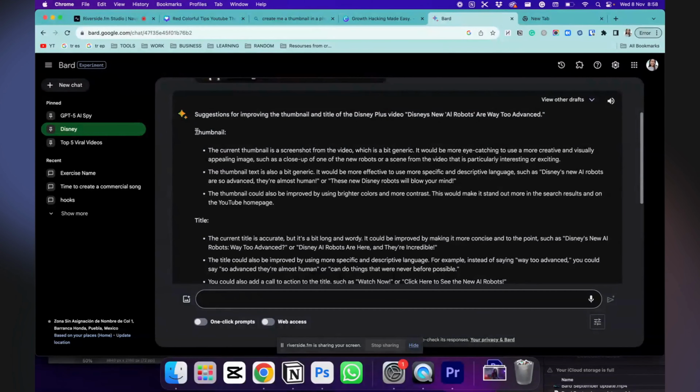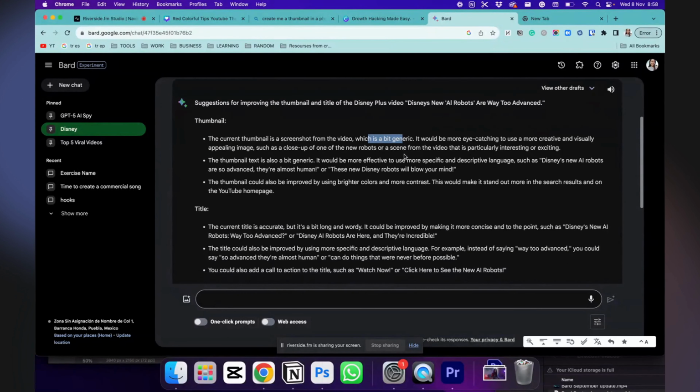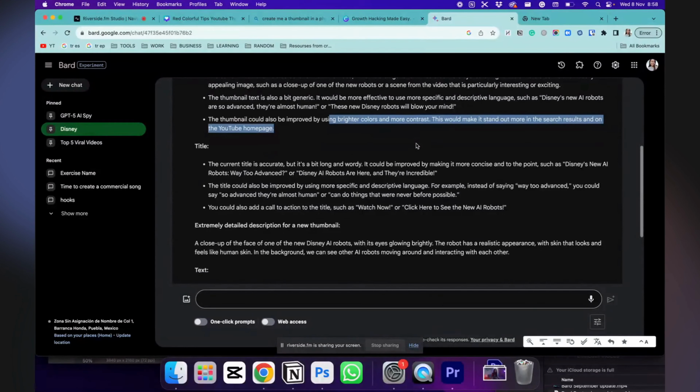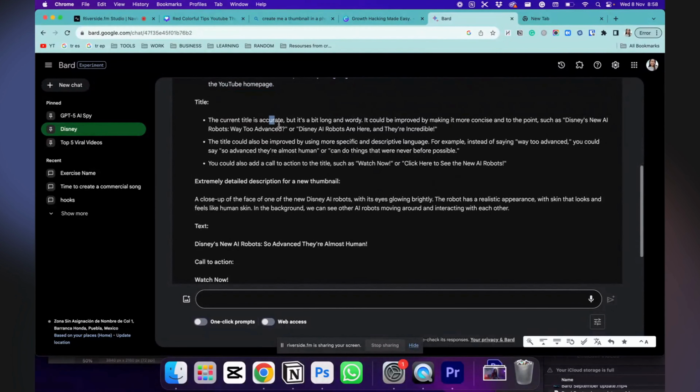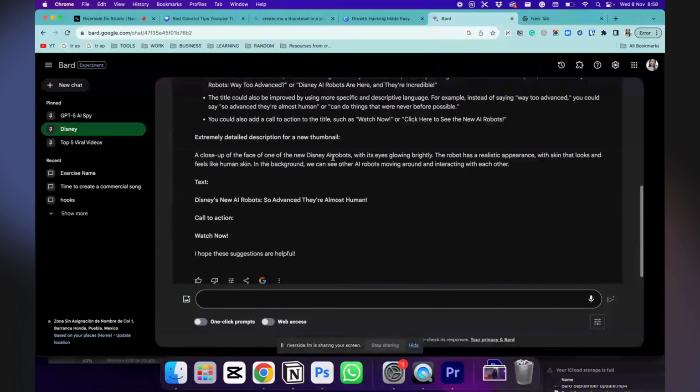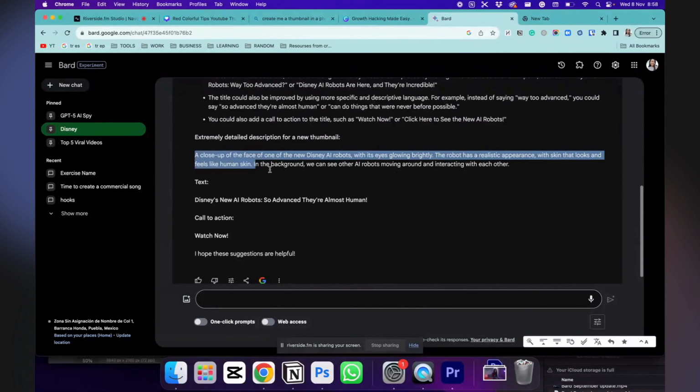So here it says the thumbnail. Okay, the current thumbnail is a bit generic. That's why it's telling me it can be improved by using brighter colors and more contrast, which is what I told you. Here it's even giving me suggestions to improve the title, but I care about the extremely detailed description of a new thumbnail. So I just need to copy this and paste it into